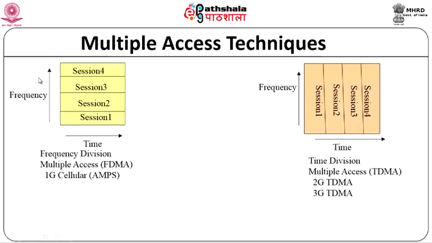So you can see if you have time and frequency here, for the entire duration of time, this frequency will be used by a particular user or a channel. Now in time division multiplexing, you can see that time-wise we divide, that is, the entire set of frequencies or a particular frequency is available, and its use is divided time-wise. This is what is used in our 2G TDMA, time division multiple access, and 3G TDMA and so on.